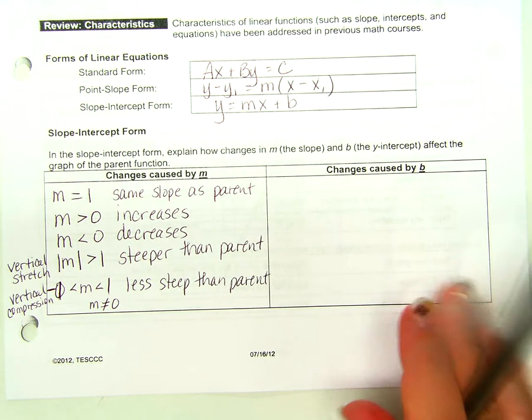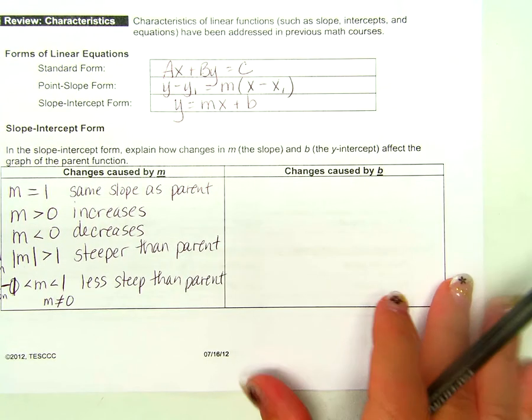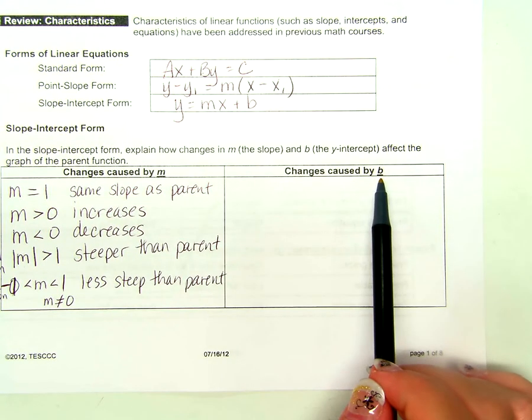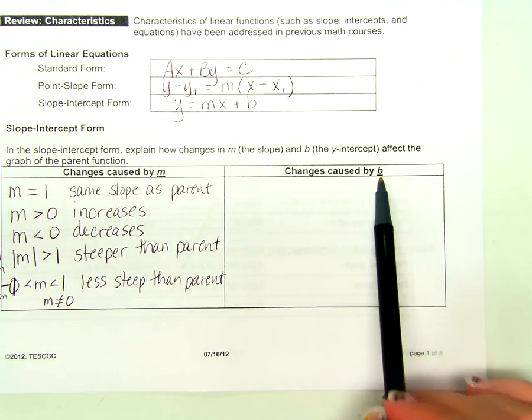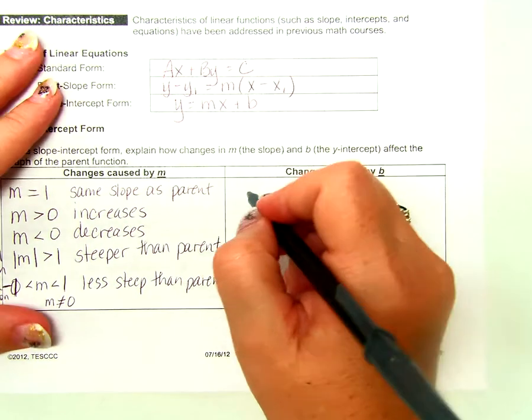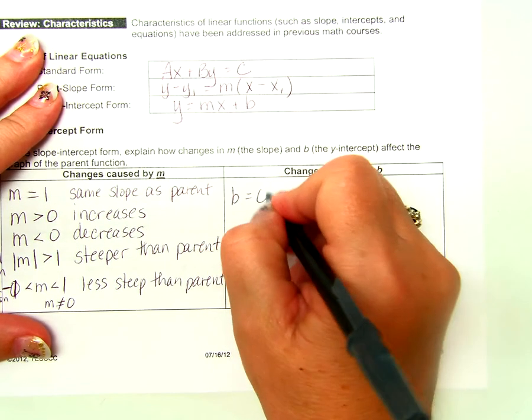So what about changes caused by B? First of all, what is B? And don't give me any names of girls in the hall. That's not very nice. Okay? It's the y-intercept, right? So changes caused by B. B is our y-intercept. So if B equals 0,